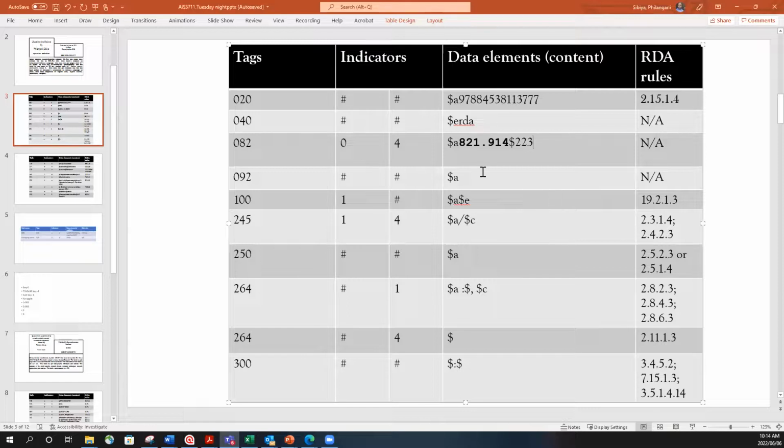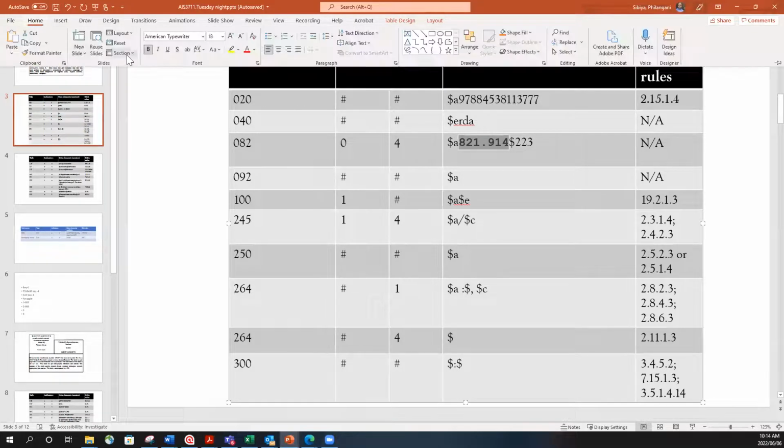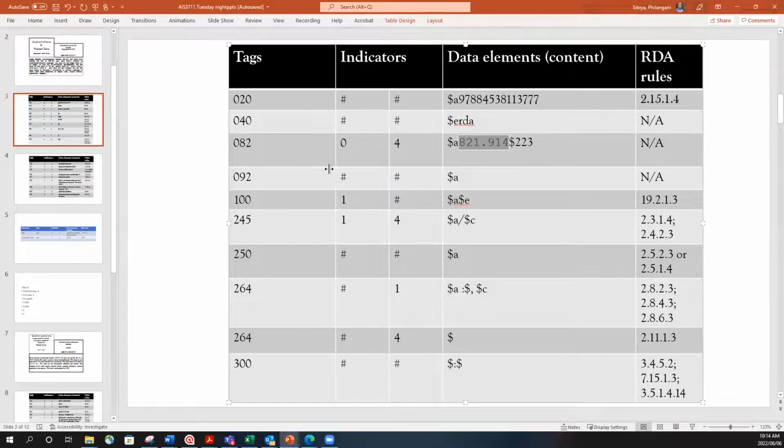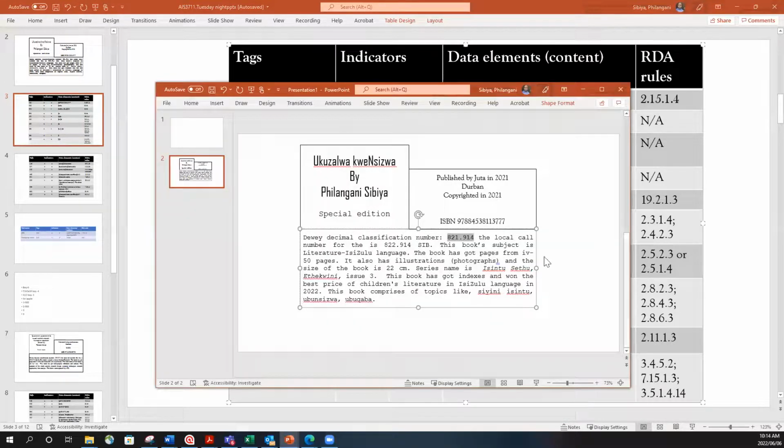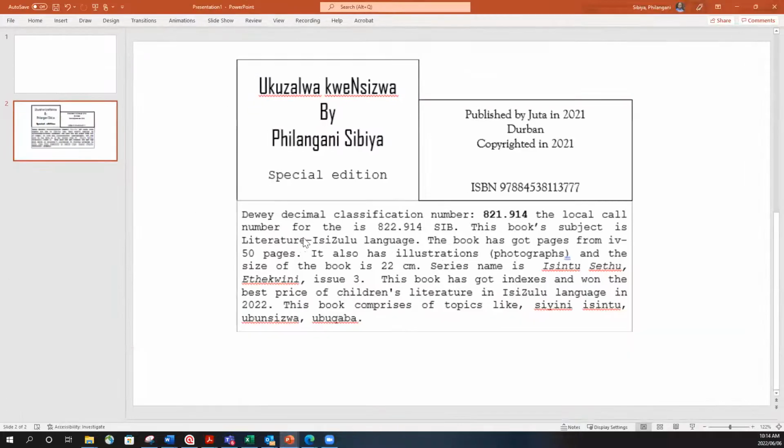Okay. Then now there is this call number or shelf number information. For instance, when you are cataloging a book, when you are classifying or providing subject access to a book, the ultimate goal is to be able to provide a call number, isn't it? So in our case, we do have the call number. It was indicated here that the call number for this particular book will be